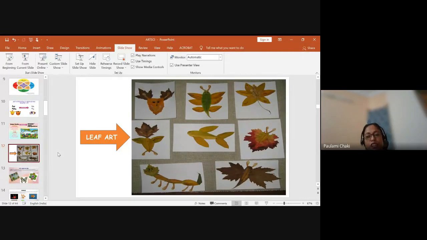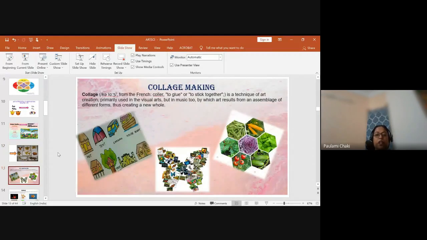We can do this activity wherein we ask them to collect the leaves and then dry them properly. Basically, when you are teaching leaf art in your classes, you are subtly teaching them how to create a herbarium. So if these students take biology at a higher level, they already know how to make a herbarium. Subtly you are doing all the processes. These are the skills they are learning in leaf art. Then they can portray different things. So leaf art is a very good thing. This also I have done in my school, so I can tell you that this works very well.